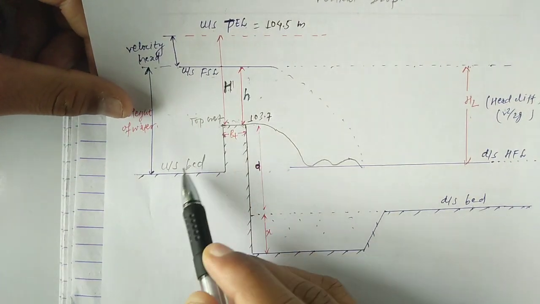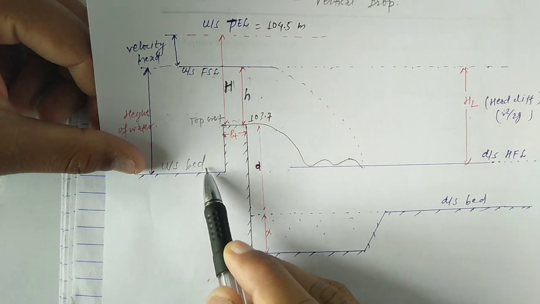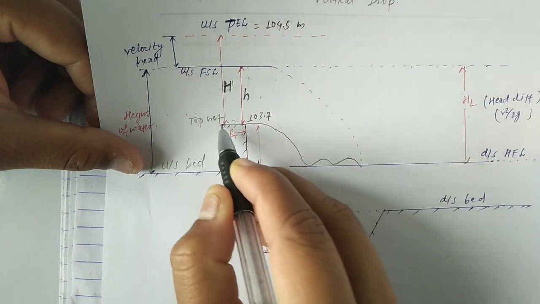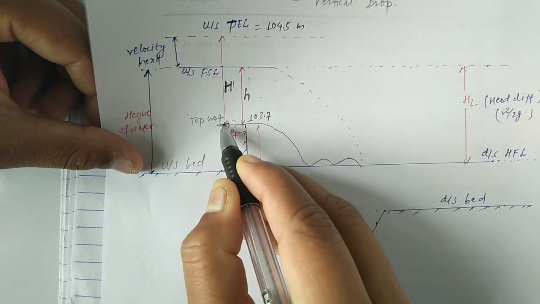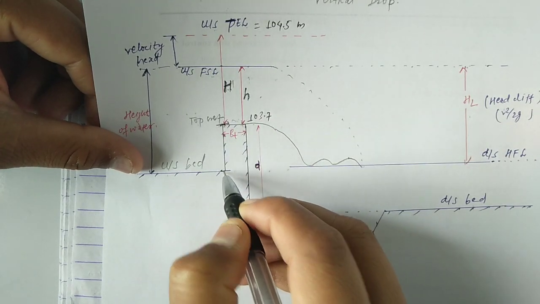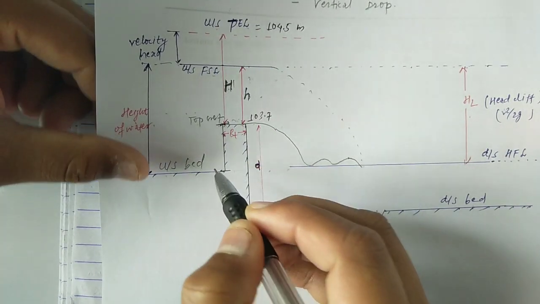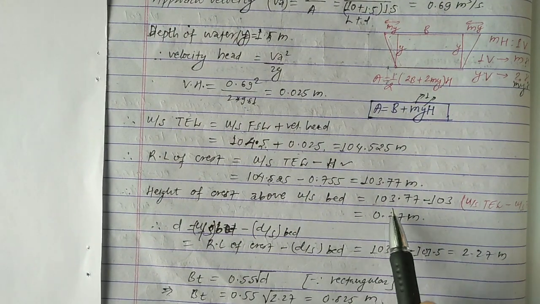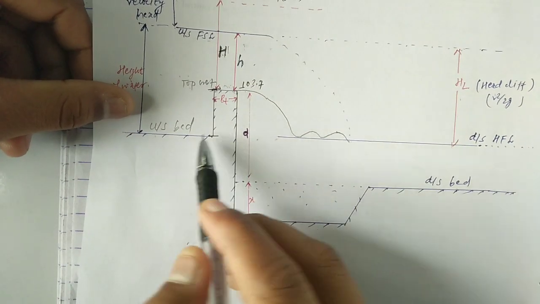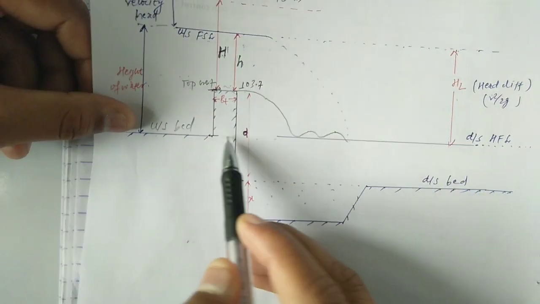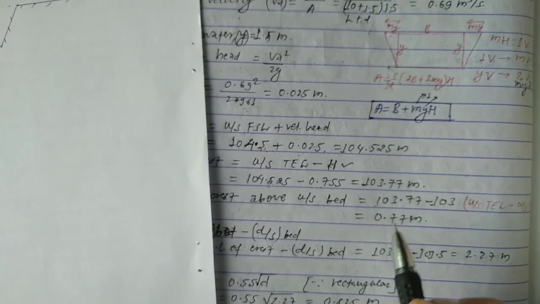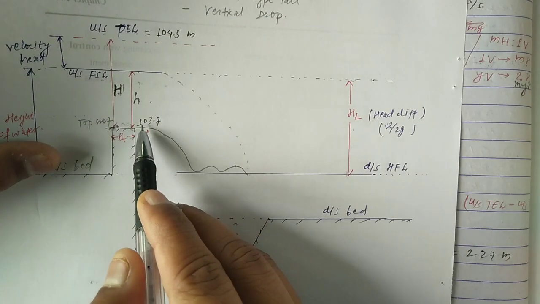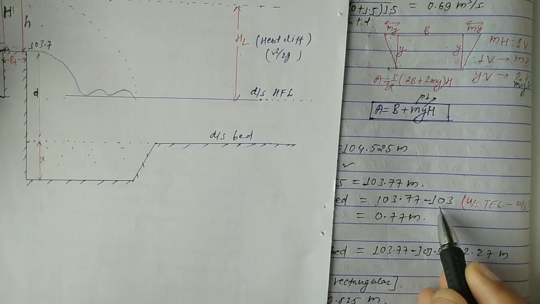Height of crest above the top upstream of bed, that is we have to calculate the value from here to here. Top of crest is this, and upstream of bed is this. So we have to calculate this value. Height of crest above the upstream bed, simply we have to subtract this value from this value. We have already calculated 103.7 minus